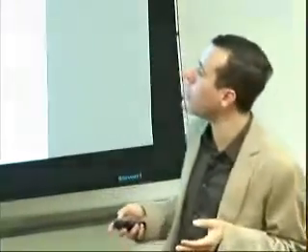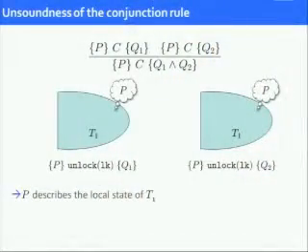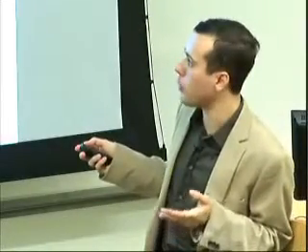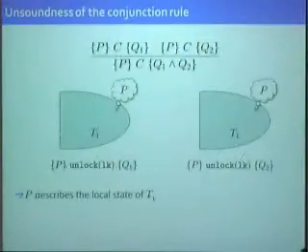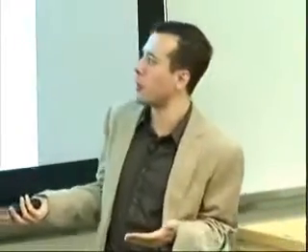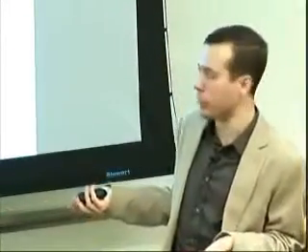So for example, if I apply this rule in the case when C is an unlock command, then the assertion P will describe the local state of the thread that is executing this unlock command, for example, thread T1. So P describes this local state in both branches of the proof. Now, the treatment of unlock in concurrent separation logic says that I should give up the part of the heap that satisfies the resource invariant.